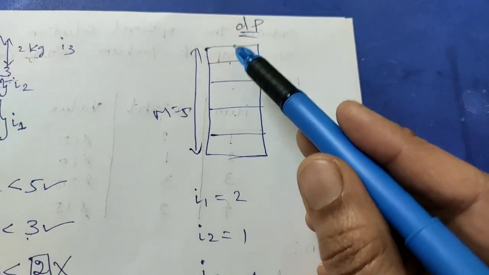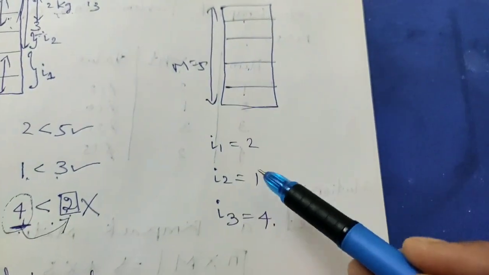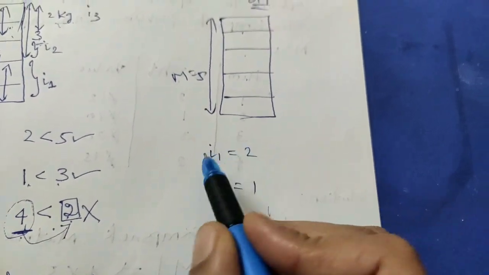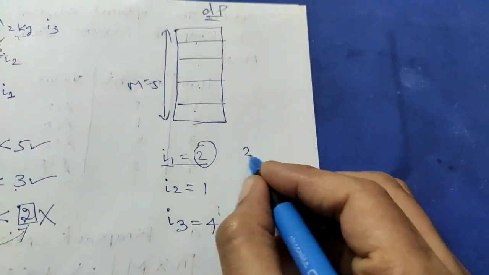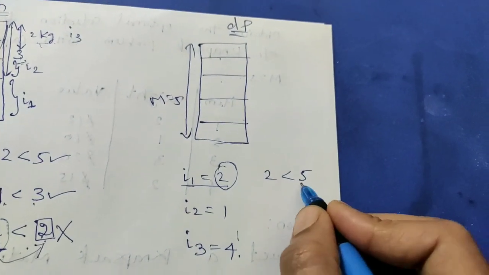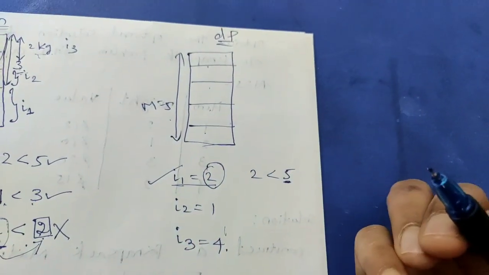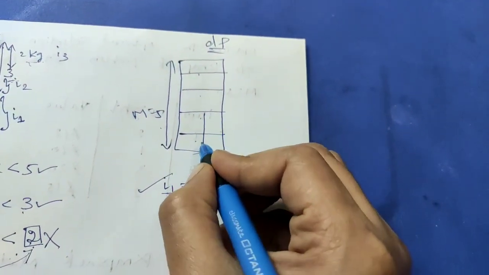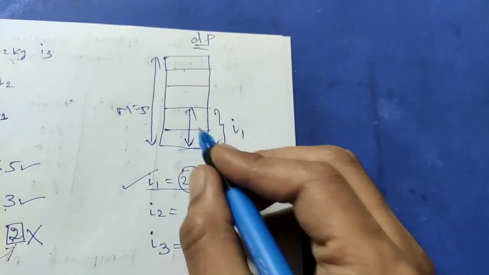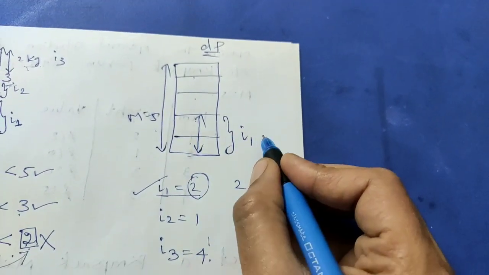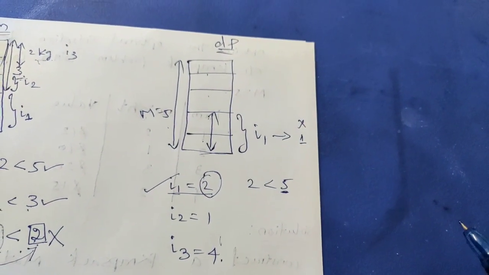See, I have taken the knapsack again with the same capacity M, that is 5. I have 3 items to process. Let me process the first item with the weight 2. I will compare. 2 is less than the remaining capacity of the knapsack, that is 5 at present. So I can include this complete item into the knapsack, that is, item 1 has been included completely into the knapsack. If it is included completely, I will set X value as 1.